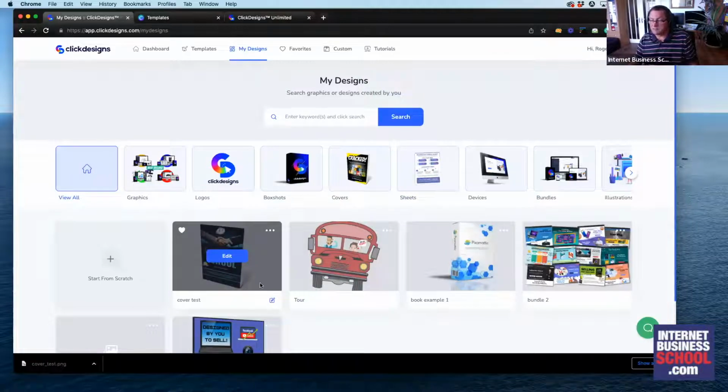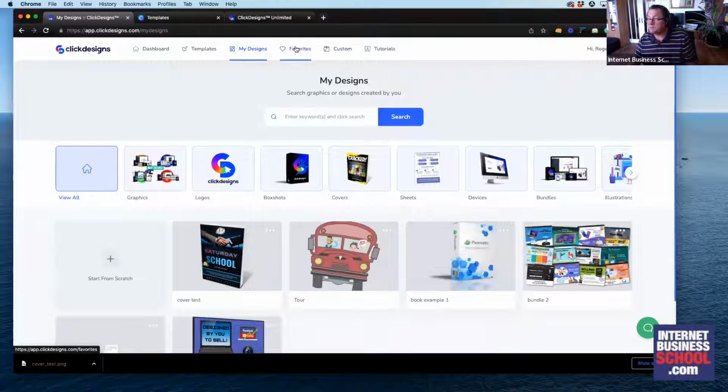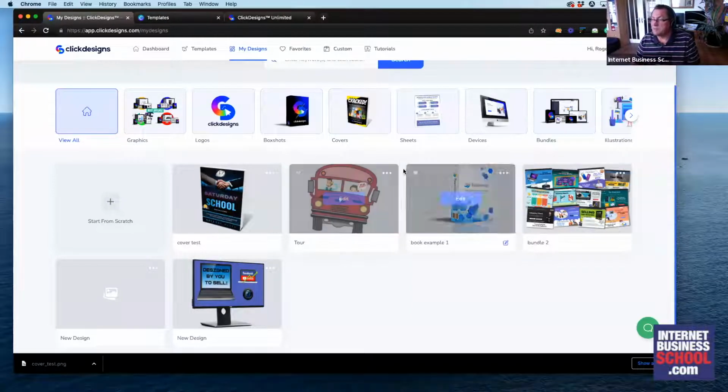Okay, and there's hundreds of those different designs. So there's my cover test. Okay, I can then, if I want to use this a lot, I can make it one of my favorites as well. So you can access those bundles more quickly from up here, which is good if you're doing sort of branded stuff. Some of the high level plans actually have a brand setting in them where you can put all of your brand identity to make life really easy when you're making any other sort of multiple posts. Okay,